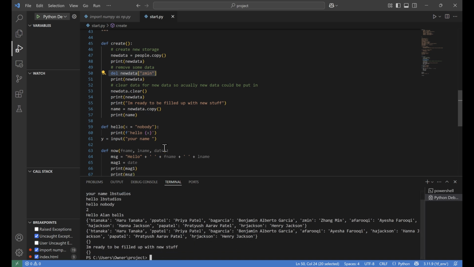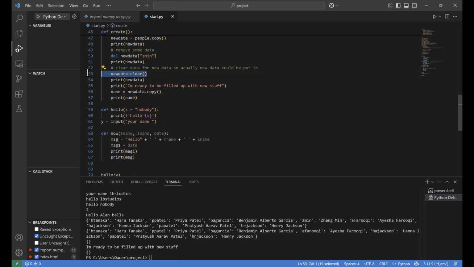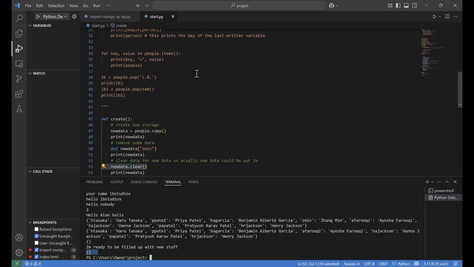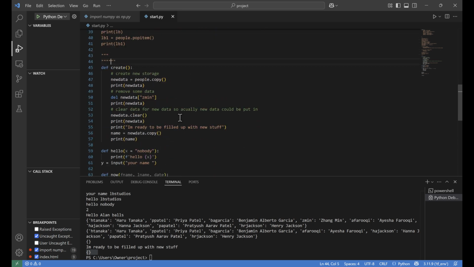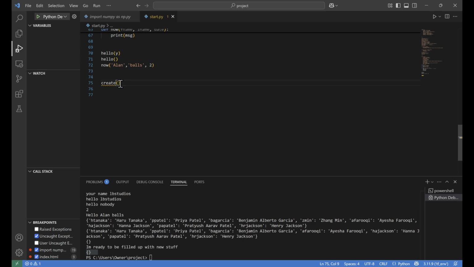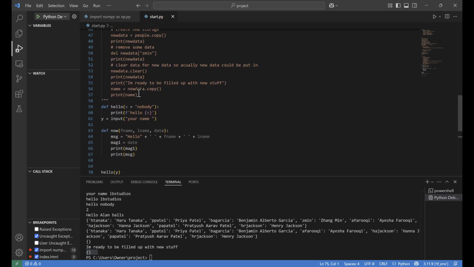Then you clear new data. So then you print data. Of course, it's cleared. And you print I'm ready to be filled up with new items or new things or new stuff. And then print and then make another copy and then print name. Okay, so now that we got that out of the way, we can put this under comment as well. And then put this here. And then get rid of this. So now